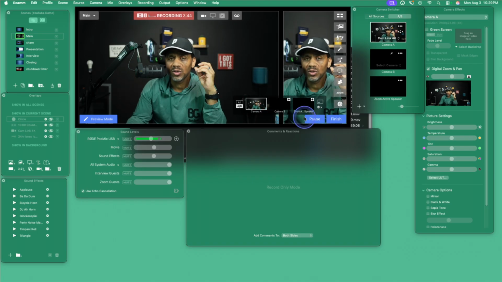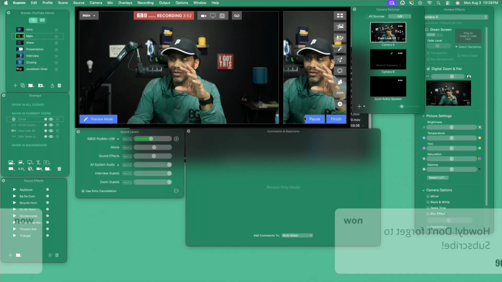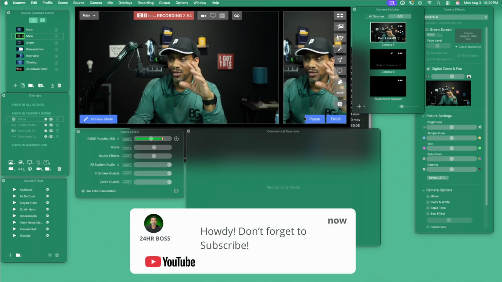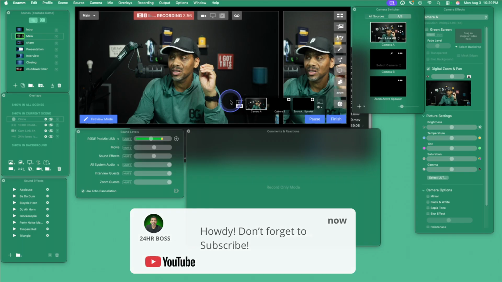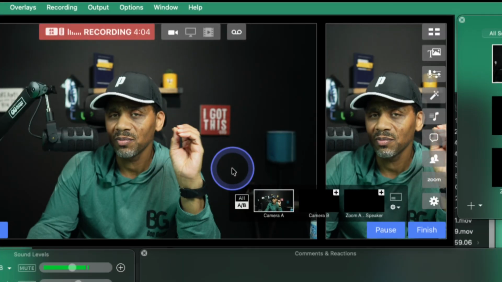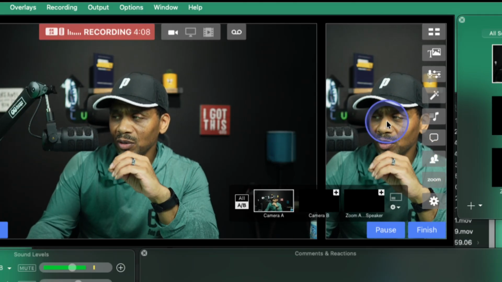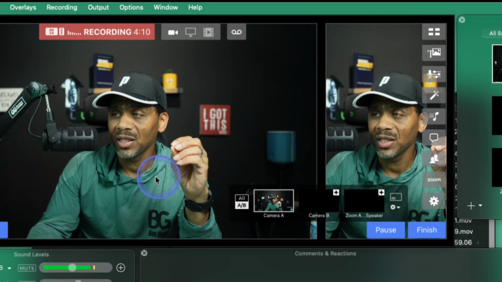The first thing we want to do is test the placement of the on-screen comment so that we see where it lays out, or what area it shows up on the screen. So we want to test that to see where it lays out. And as you can see, I have both the horizontal and the vertical mode. So that's something to keep in mind. If you have both horizontal and vertical mode that you're going to be going live in, you want to test